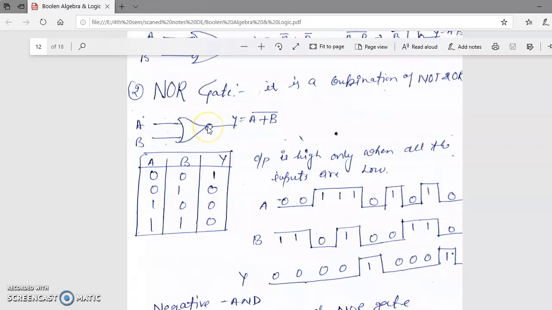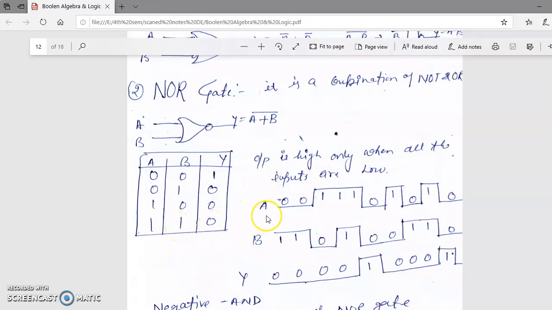The output of OR gate is A plus B and of NOR gate is (A plus B) complement. Using this we can construct the table with A, B and Y output. When both the inputs are low, we get the output 1, because 0 plus 0 is 0, but the complement of 0 is 1. 0, 1: the sum is 1, but the complement is 0. 1, 0 is also 1, but the complement of 1 is 0. 1 plus 1 is also 1, but the complement of this is 0.